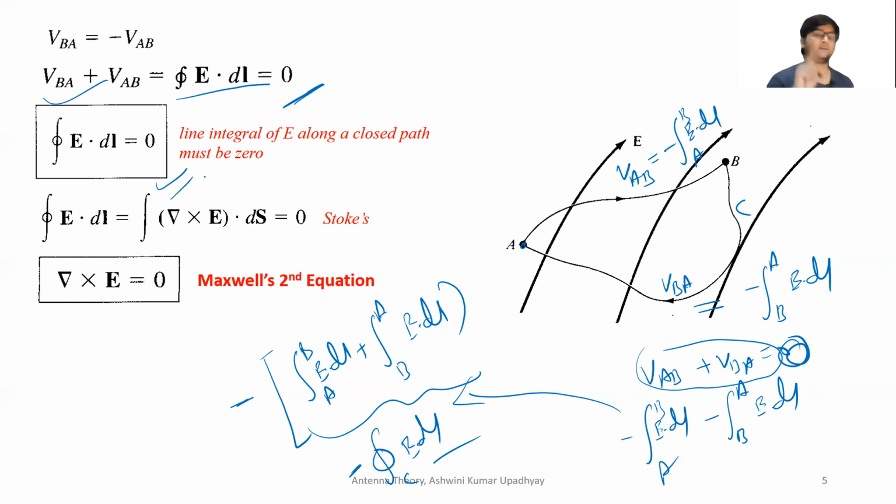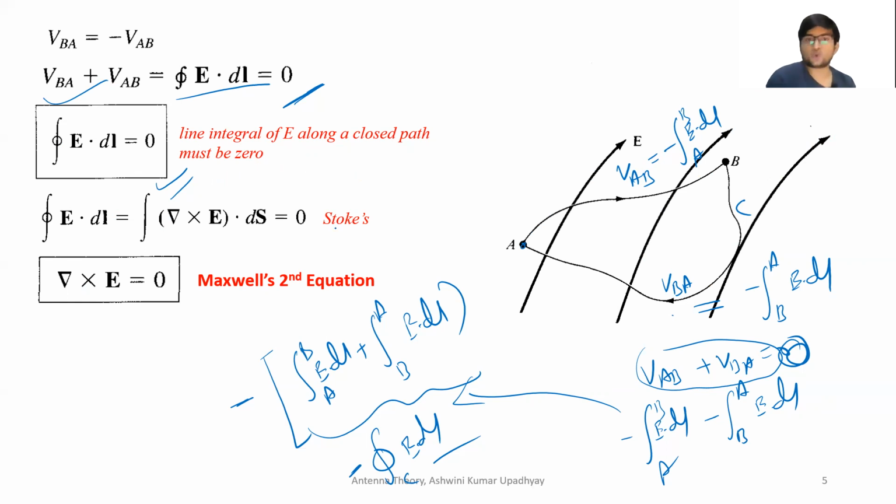But there is a condition. We are talking about the electrostatic field, which means that electric fields are not changing with time, right? So in this case only, this is going to be this. Otherwise, you will have some other things happening, which we will see in future lectures. So in the case of electrostatics, static electric fields, the closed integral of the electric field along a closed path is always going to be 0, which says that